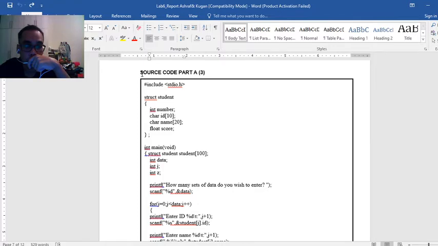So this is the source code for part A3 that I have done.